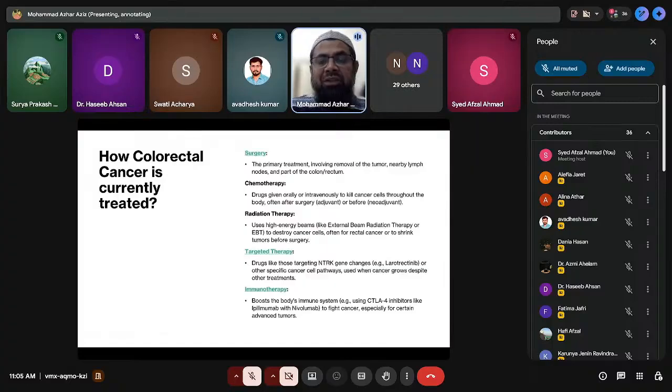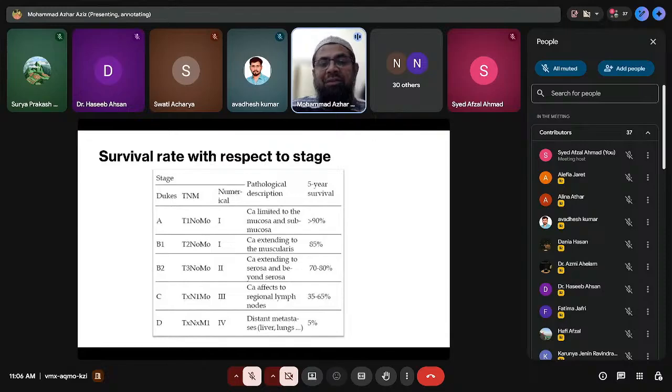And the latest on the block is immunotherapy: there are ways to boost the body's immune system, using checkpoint inhibitors like CTLA-4 or PD-1, PD-L1 inhibitors, that can be utilized for curing. But this is also in the advanced stages. So we have all these modalities available for treating colorectal cancer patients. But still, if you look at the survival rate,